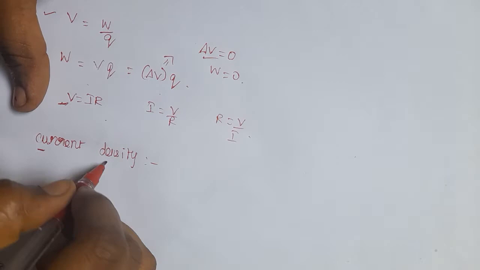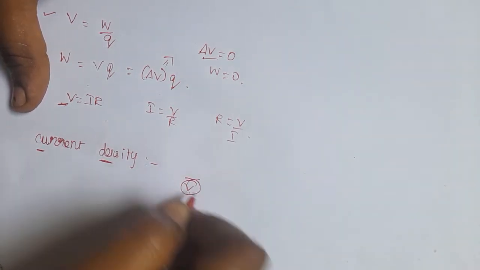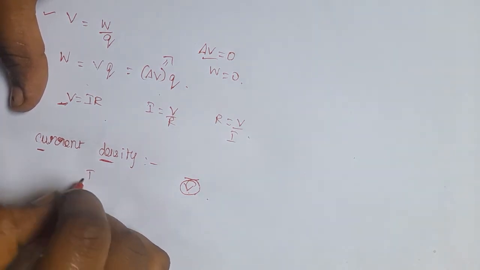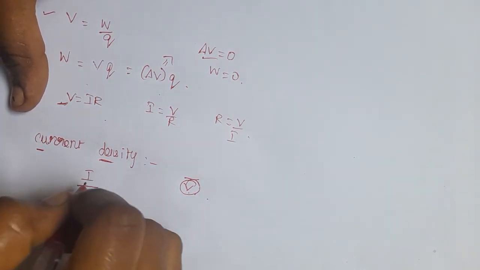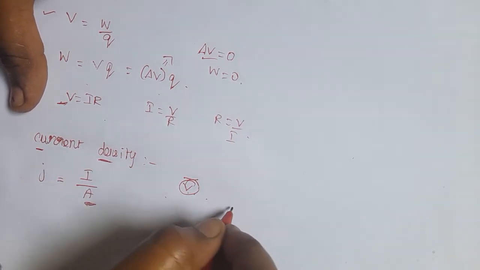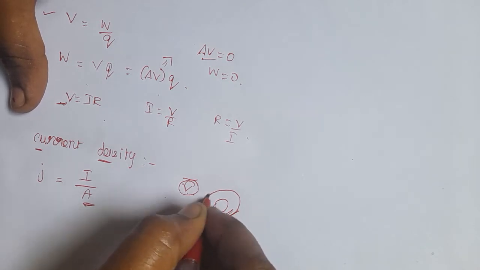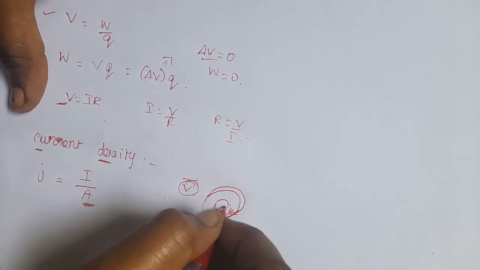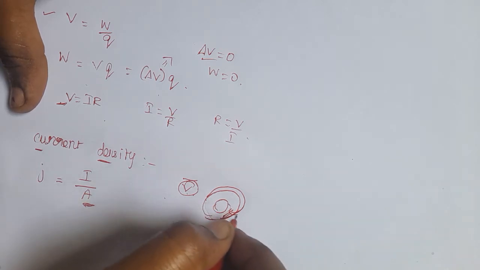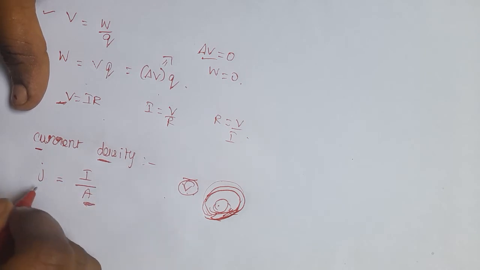The next topic is current density. In general, density means anything upon volume, but here we are considering current upon area as current density. Why are we considering current upon area, not volume? Because our electrons are moving on the outer surface, the valence electrons. They are not in the inner part, but mainly we are considering the outer electrons, so we consider the surface area, not the volume. So this part is current density, remember,